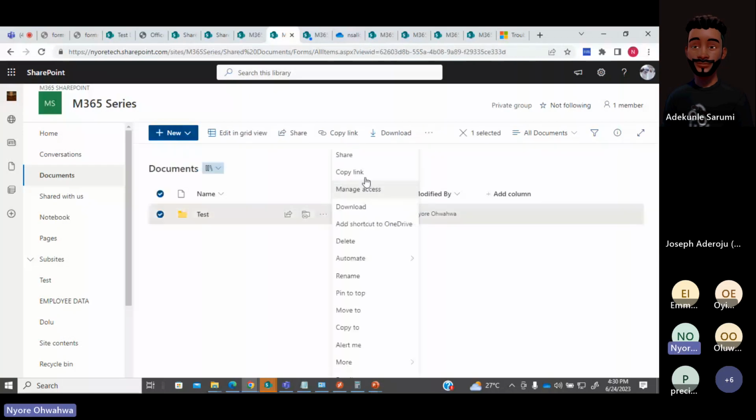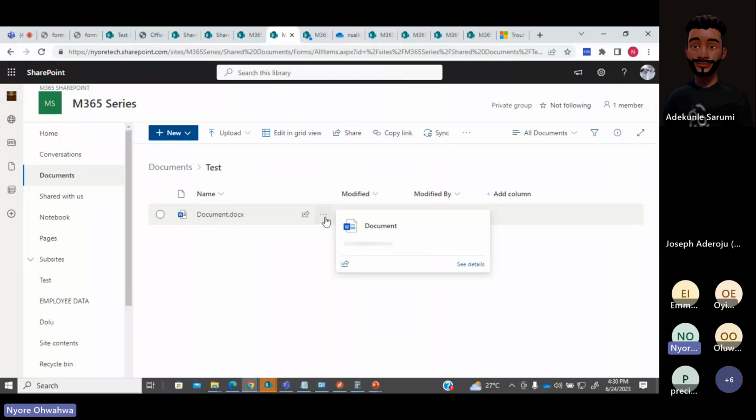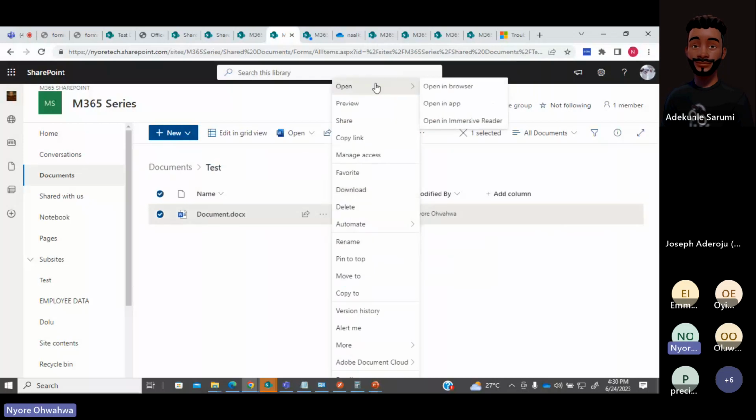Are these menus that we see here on a folder or on a file? I think they are the same. Okay, so they are different. So let's go for a folder first. So for a file first. So for a file, if I click on this file right now, you can see that it opens directly